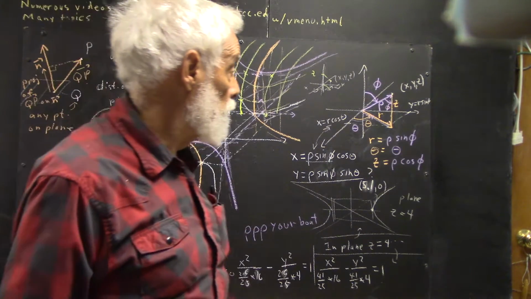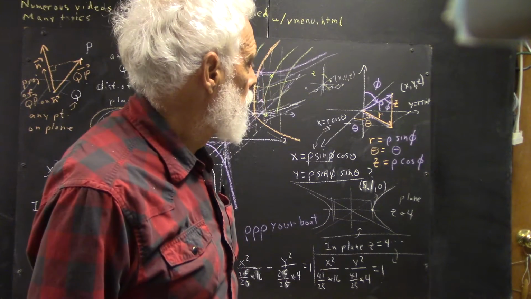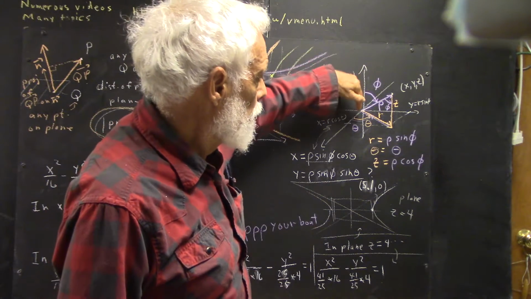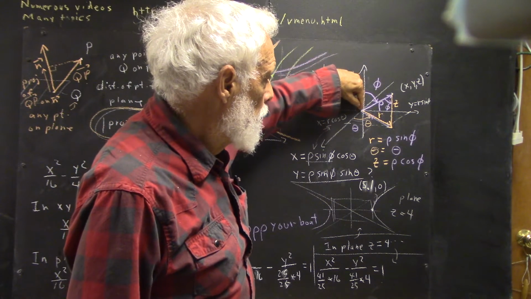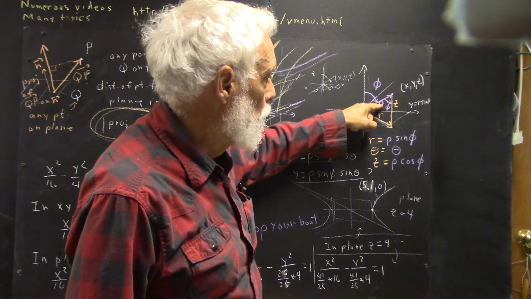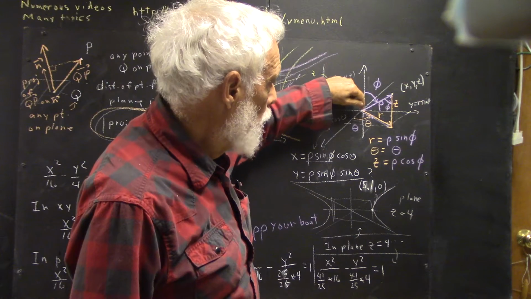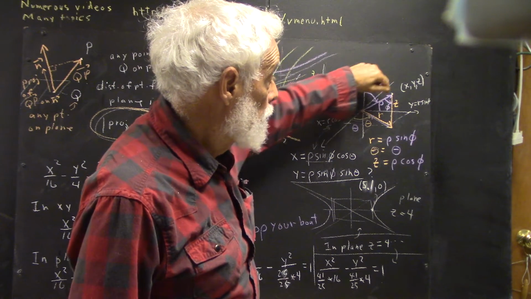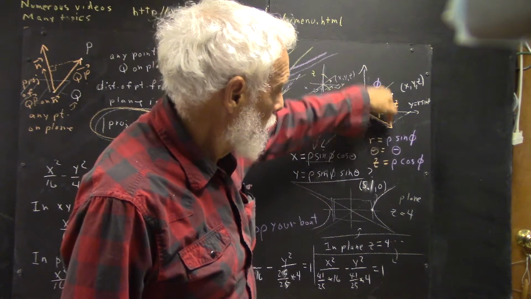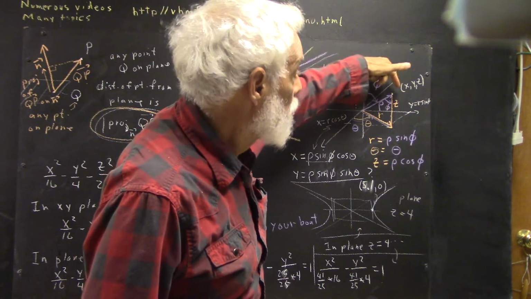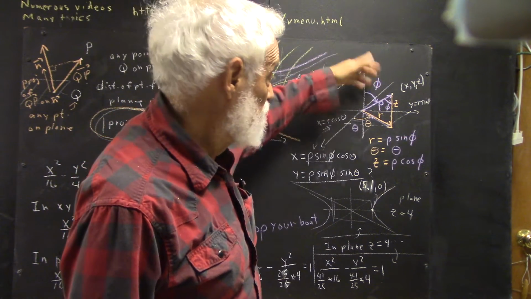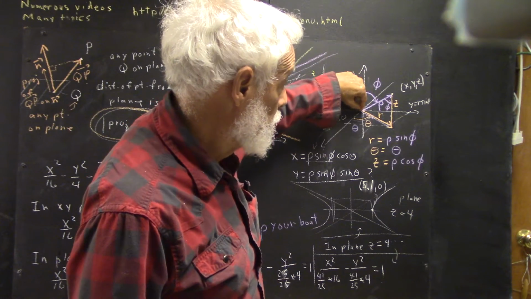Okay, the spherical coordinates of a point are as follows. If we draw a vector from the origin to the point, that vector will have magnitude rho. So you can think of rho as the distance from the origin to our point. Just like r is the distance from the origin to the point where our original point projects to the xy plane. Rho is simply, we don't have to do any projection, rho is just the distance from here